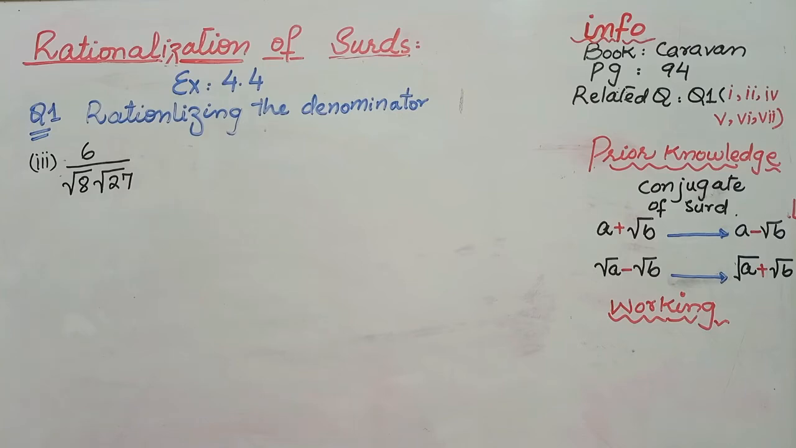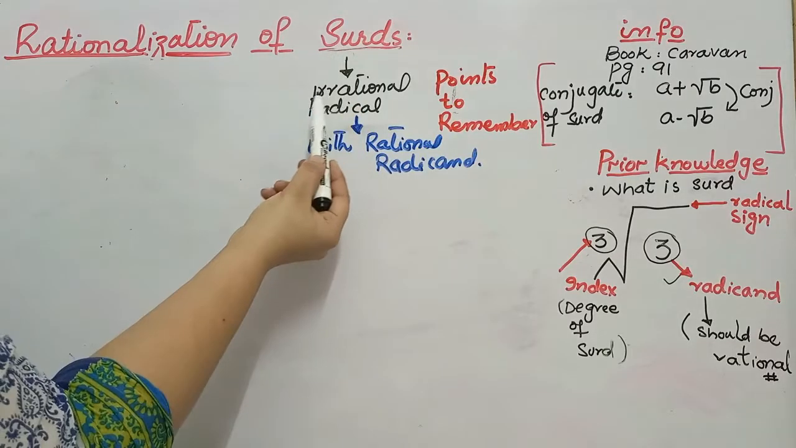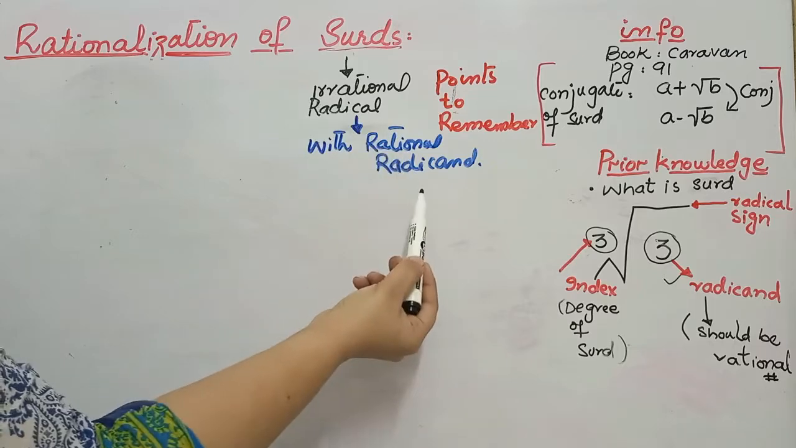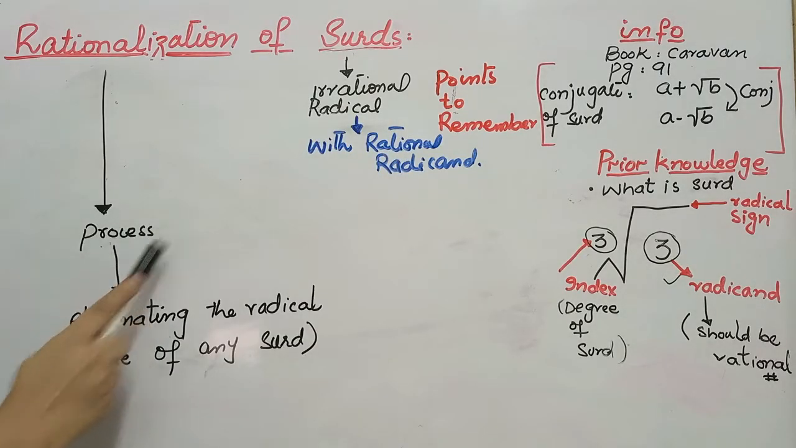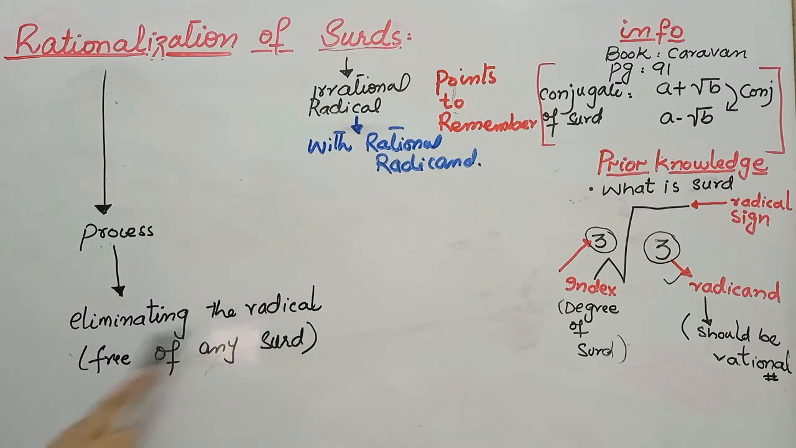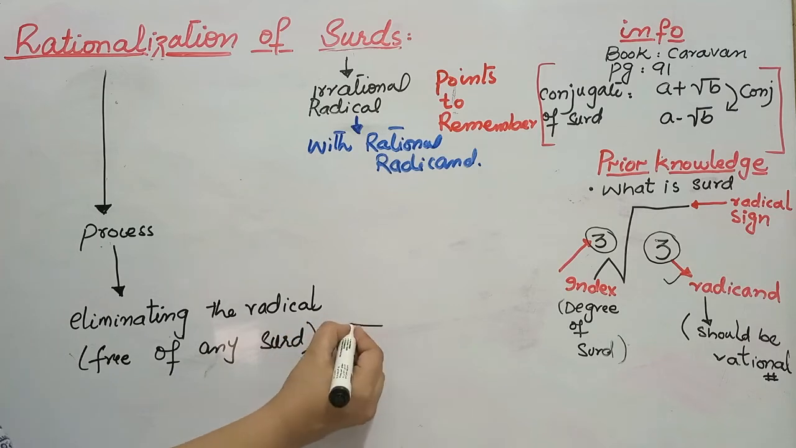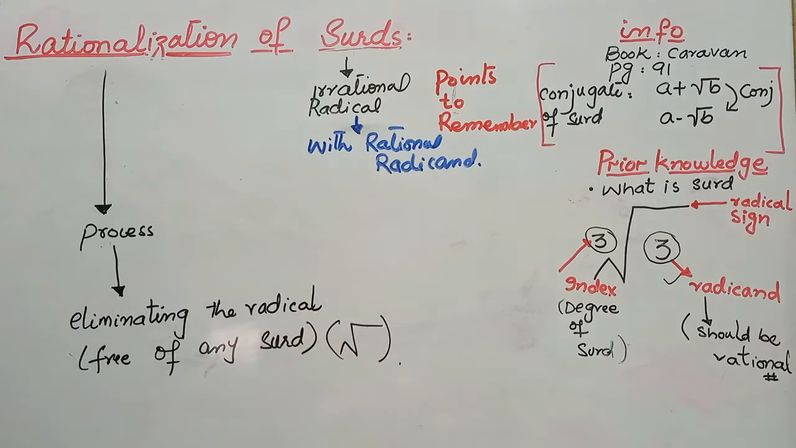Dear students, in our previous lecture we have discussed that a surd is an irrational radical with a rational radicand. Rationalization is the process of eliminating the radical, making it free of any surd. Free of any surd means we have to eliminate this radical sign. If they say rationalize the denominator, from the denominator we have to eliminate that surd, that radical sign, and if they say rationalize the numerator, then from the numerator we are going to eliminate that radical sign. Fine. So how we are going to eliminate